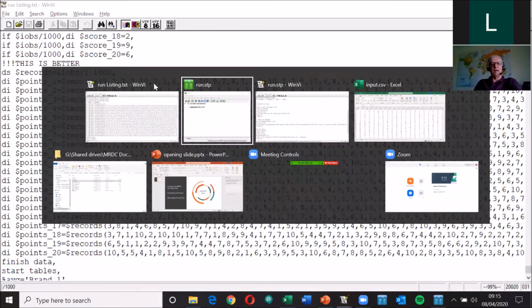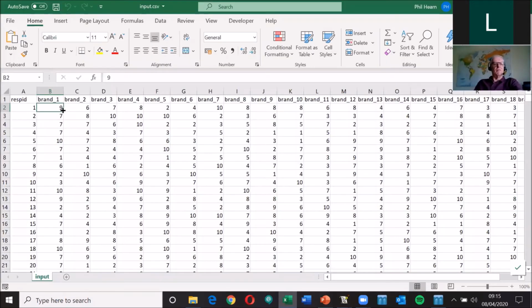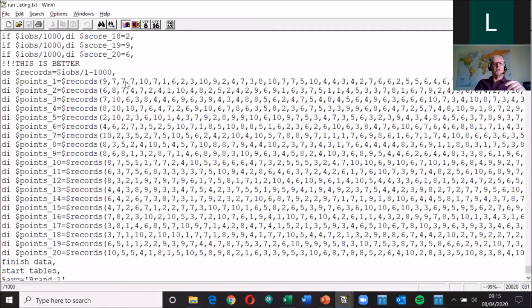And if we go back to my spreadsheet, you'll be able to read that off as 9, 7, 7, 10, 7, 1. There they are, 9, 7, 7, 10, 7, 1, and so on for the 20 sets of figures. Now that's really efficient code. That takes seconds